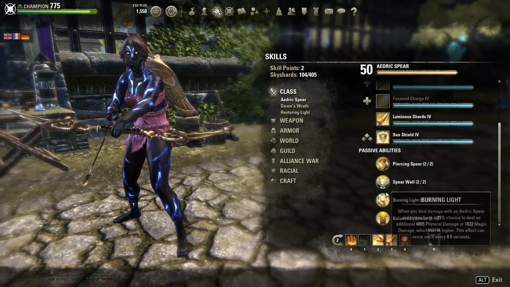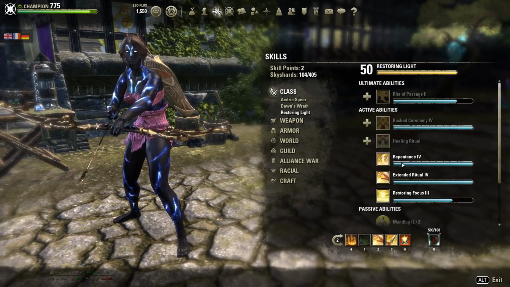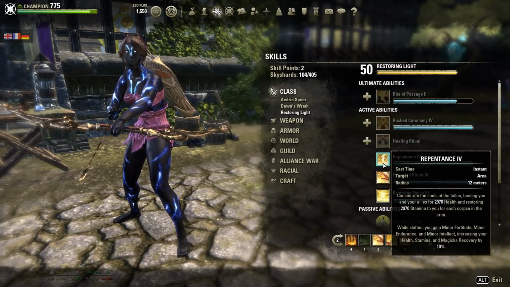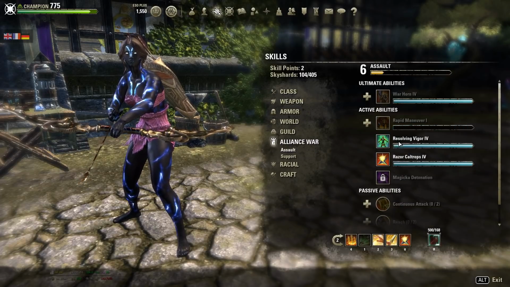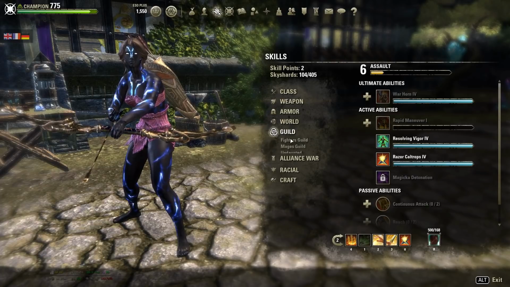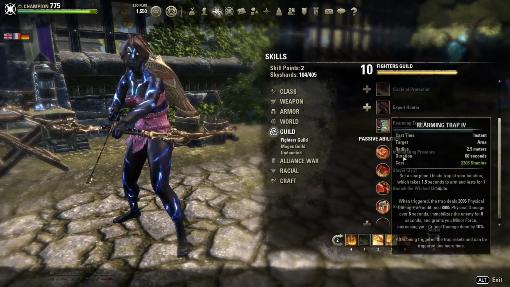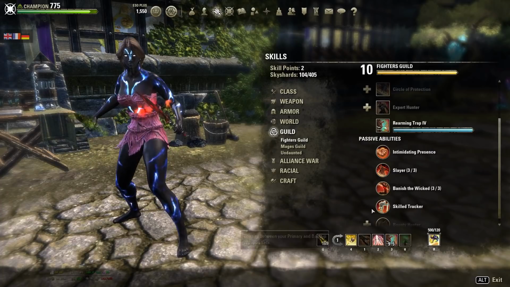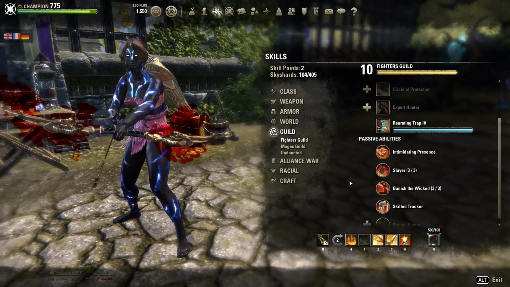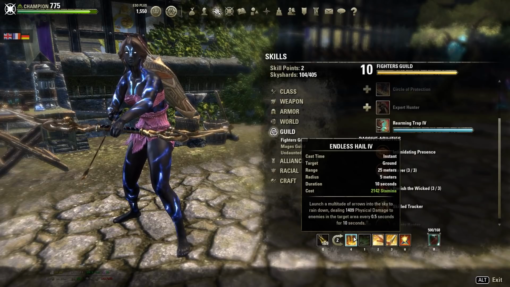Then here we have the Flex Spot. I use Ritual in the new trial because it's really helpful to get rid of all the negative effects. You can run Repentance if you want, but with Vicious Ophidian you don't need that. Restoring Focus, you can also run that, or if you want some extra healing, you can run Vigor. It's up to you. You can also use another Fighters Guild ability to get some more weapon damage, because Slayer gives you 3% more weapon damage for every Fighters Guild ability slotted. So we have an additional 6% here on the front bar. Then we have Poison Injection, great single target dot, and then Endless Hail, our strongest ability